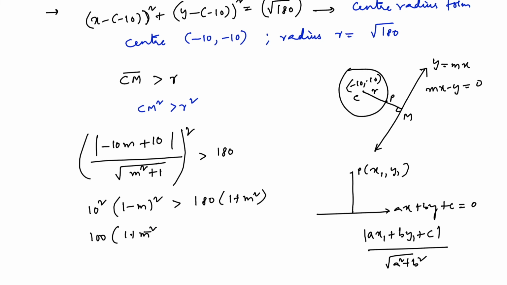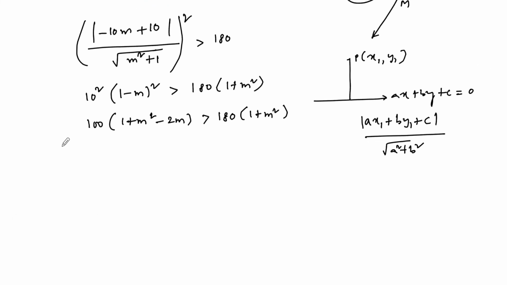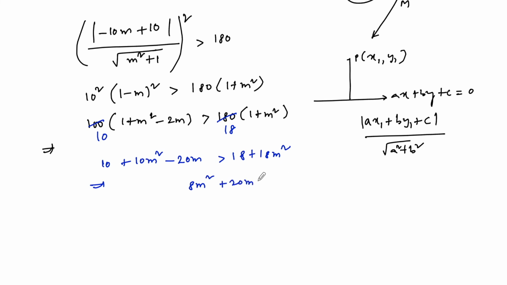minus 2m is greater than 180 times (1 plus m square). So here we can cancel 10 times and 18 times. So here 10 minus 10m square minus 20m is greater than 18 plus 18m square, or we can write here 18 minus 10, that is 8m square plus 20m plus 18 minus 10, so which is 8, is less than 0, or we